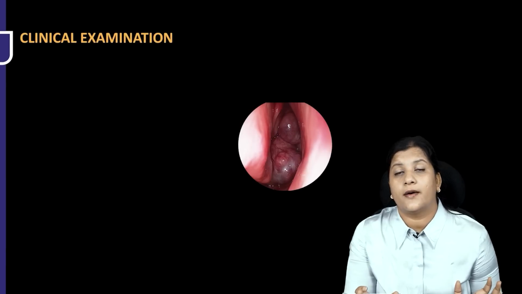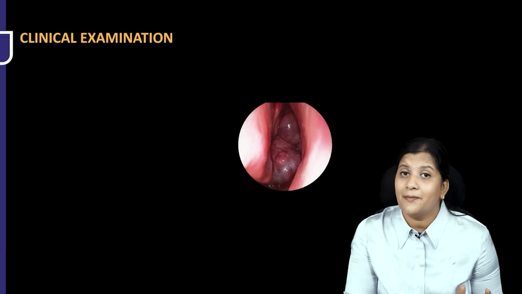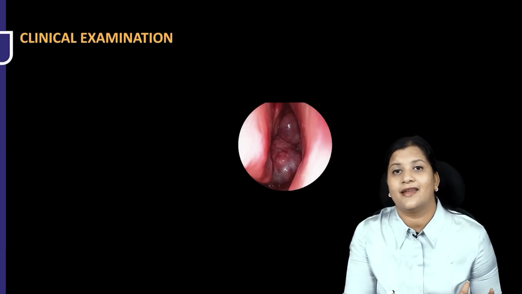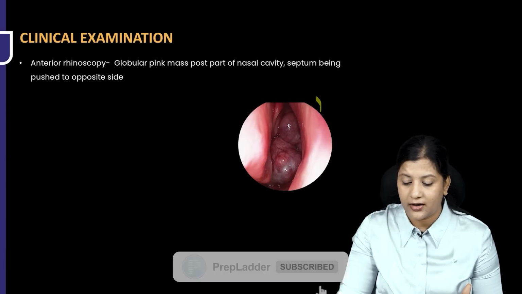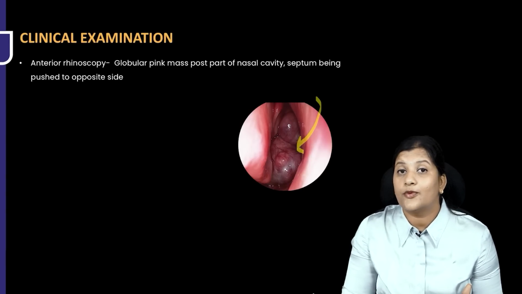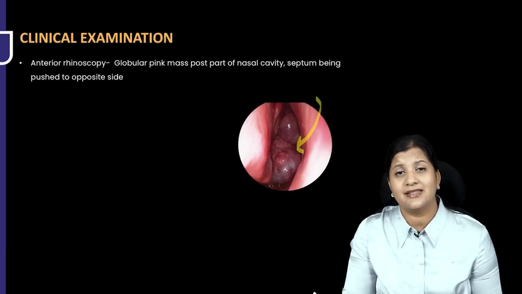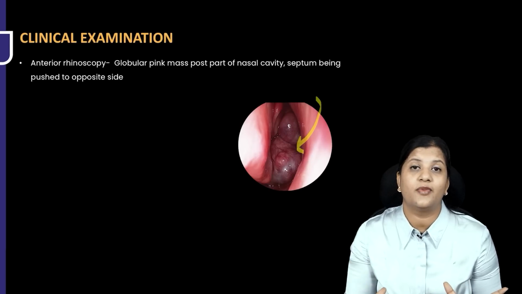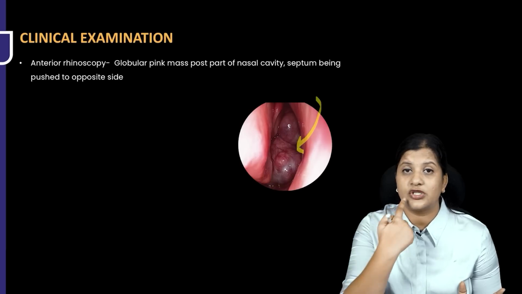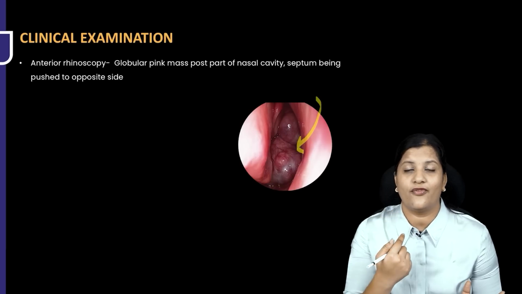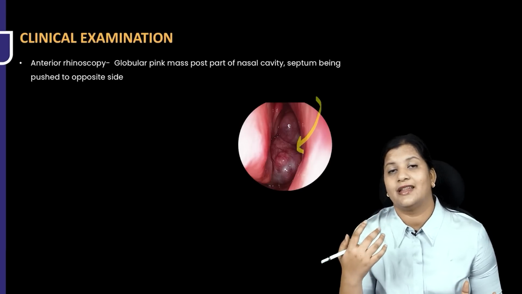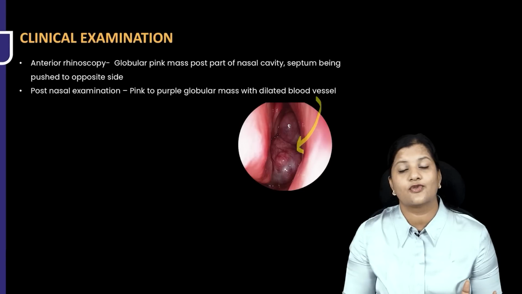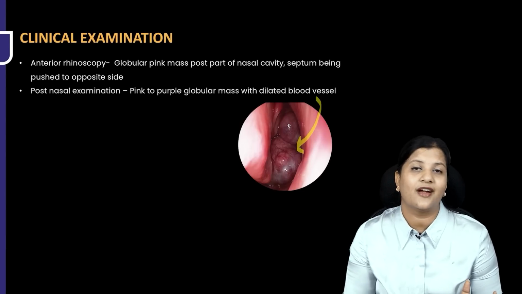Now, what will it appear to you on clinical examination? So, juvenile nasopharyngeal angiofibroma can be diagnosed by doing a simple anterior rhinoscopy. So, when you do a simple anterior rhinoscopy, you can see a globular red mass that is present in the posterior end of the nose and the nasopharynx. This is very vascular and you can see dilated blood vessels on the surface. You can do a posterior rhinoscopy by putting a mirror in the oropharynx behind the uvula and seeing the mass in the nasopharynx in the mirror as well. So you can do a posterior rhinoscopy to confirm the finding where you will see a pink to red globular